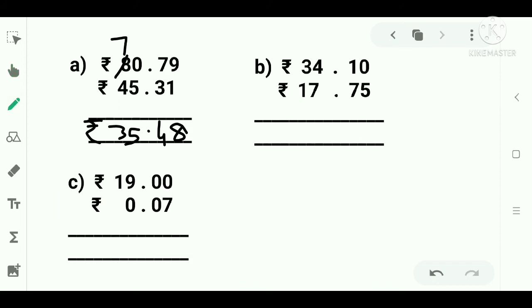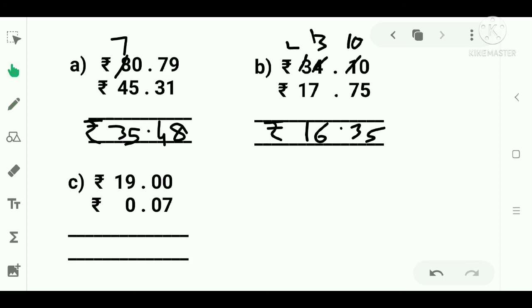Now students, 5 we will subtract from 0. We are not able to subtract 5 from 0. So take borrow, it becomes 10. 10 minus 5 is 5. Now 0 left here. So take borrow from the next number. So it becomes 10. 10 minus 7 is 3. Point. And here 3 left. So now students, 7 we can't subtract from 3. So take borrow from 3. So 2 left here and it becomes 13, and 13 minus 7 is 6. 2 minus 1 is 1. So rupees 16 and 35 paise.